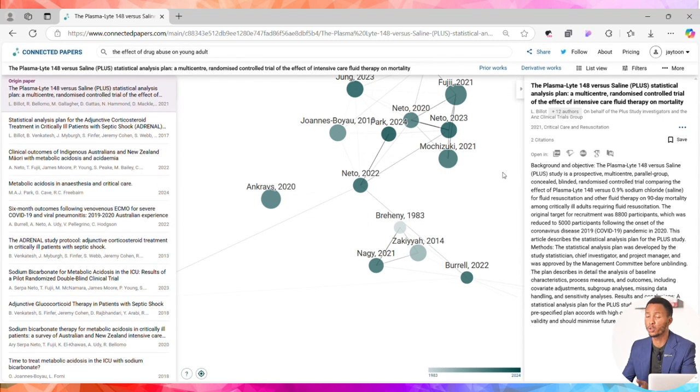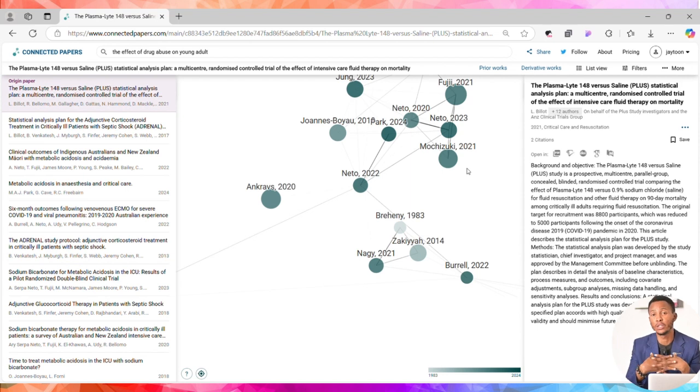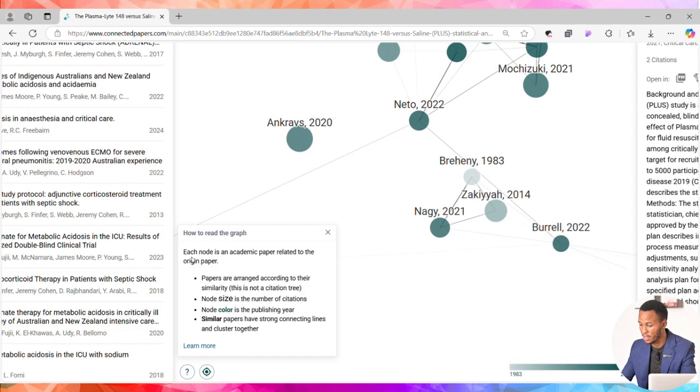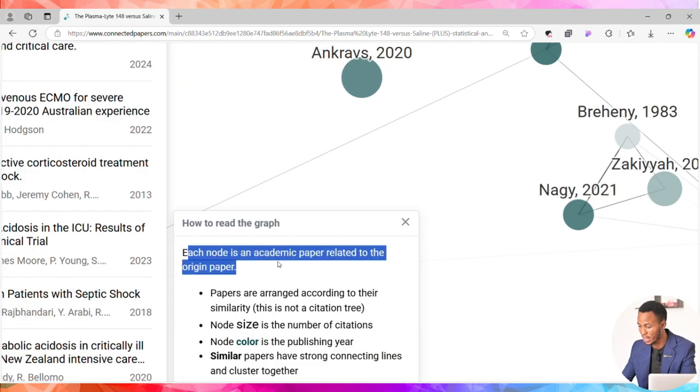What I love to do whenever I come into Connected Papers is, first of all, click on the little question mark button here that helps me refresh my memory on how this interface works. So I'm going to click on the little dot there. Once you click on the help button, we can see each node is an academic paper related to